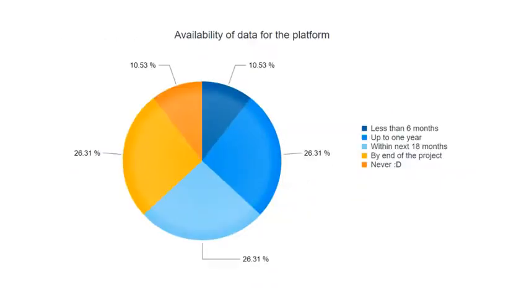This was one of the last questions I asked, when they can give us the data to help develop the platform. If you remember, the data was in the central part of the design and implementation. We need a complete study area, including data and outputs from typical analysis. We ask participants about the availability of data or a case study area. Most people confirm that they can provide their data within 18 months or by end of the project. This is a little bit challenging.